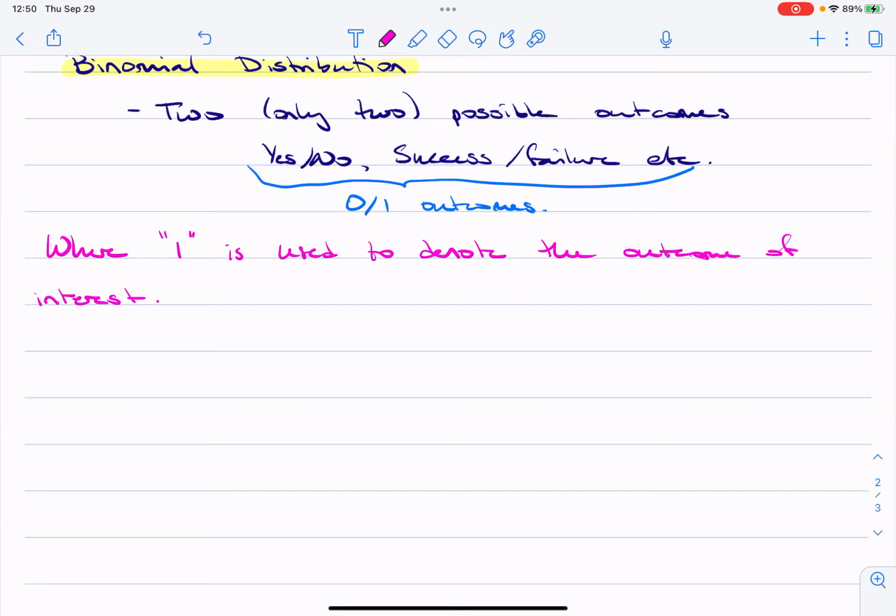Often this is going to be a rare outcome. That's what we're kind of interested in. When does this thing happen? Right, so often a rare outcome. Because if you think about it, if an outcome is pretty common, then we could just look at information and get a pretty good handle on how often it would happen, for example, right? But usually we're trying to model these rare outcomes.